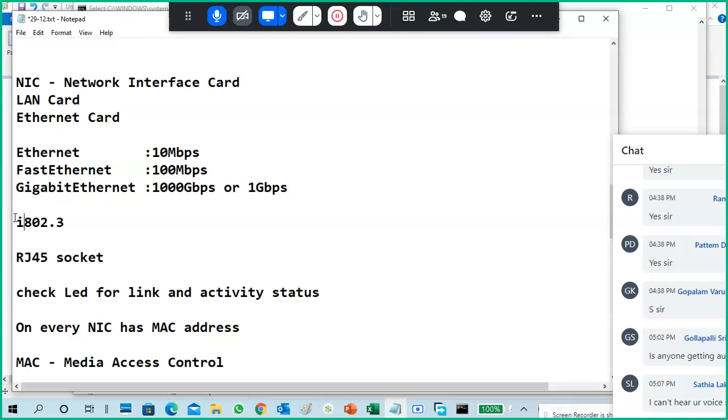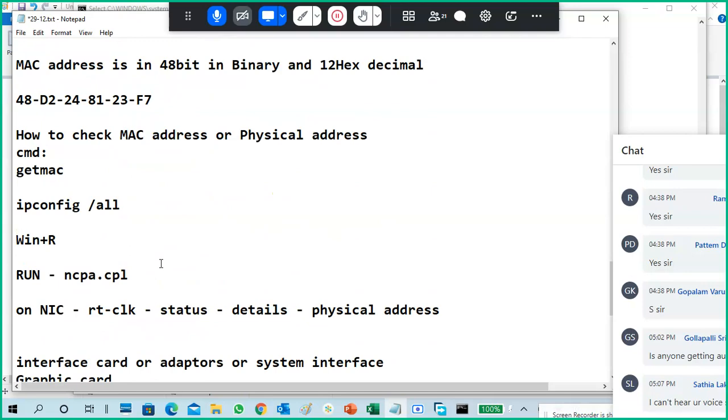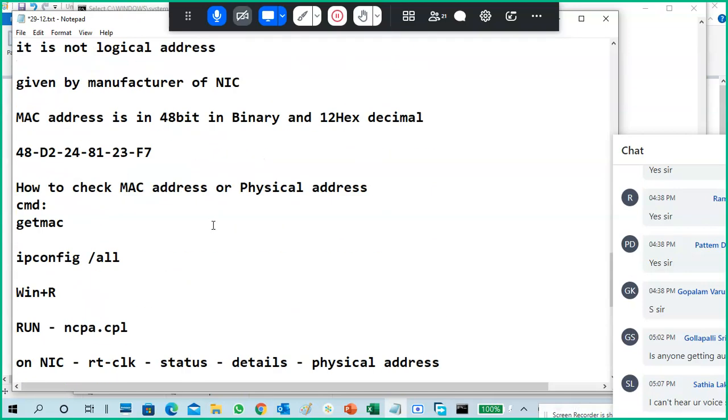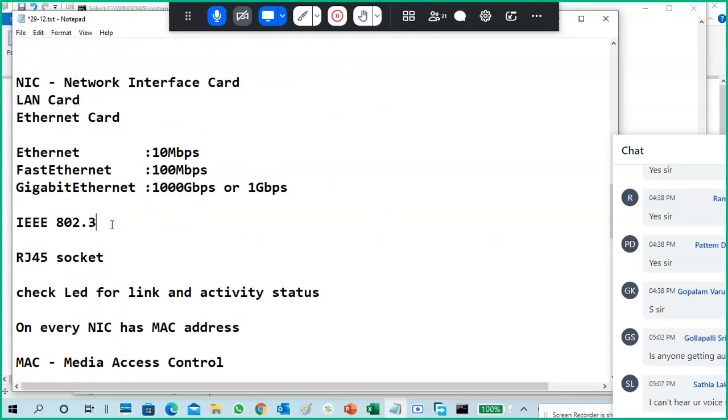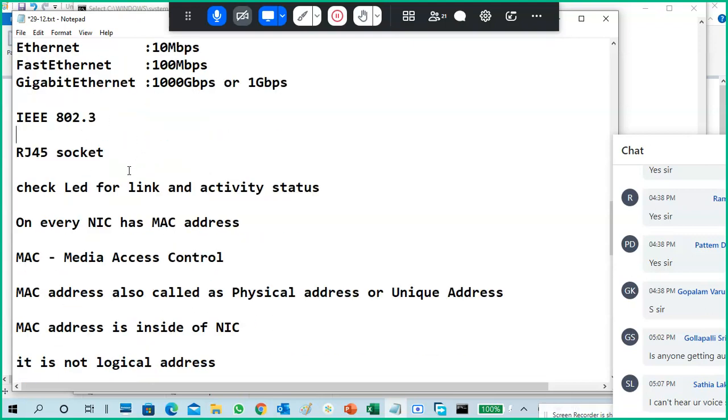It is the IEEE standard for networking. So all Ethernet is like this. 802.3 is the IEEE standard for LAN cards.